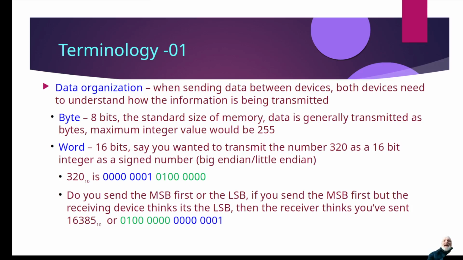The most significant byte, or the least significant byte? Again, this gets into the protocol. When I send it to somebody else, they need to make sure they're receiving it in the order that I'm sending it. So Mac computers, for instance, are big endian, so they like to send